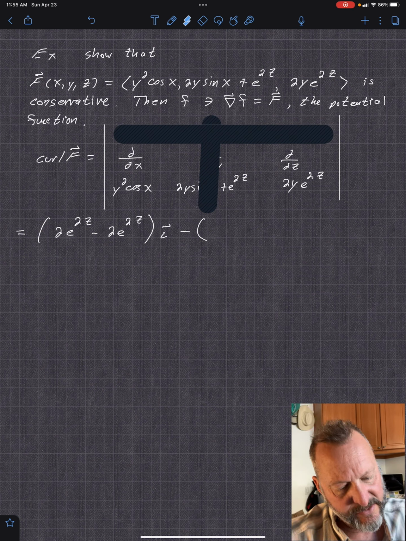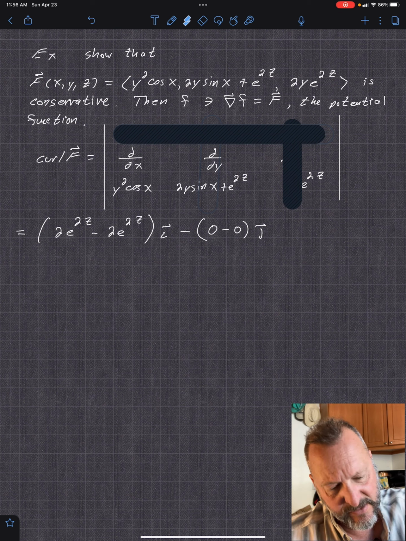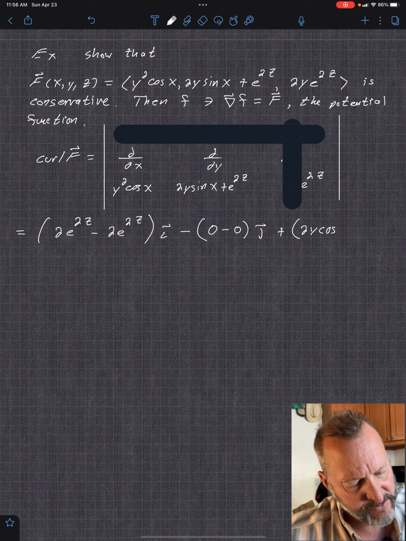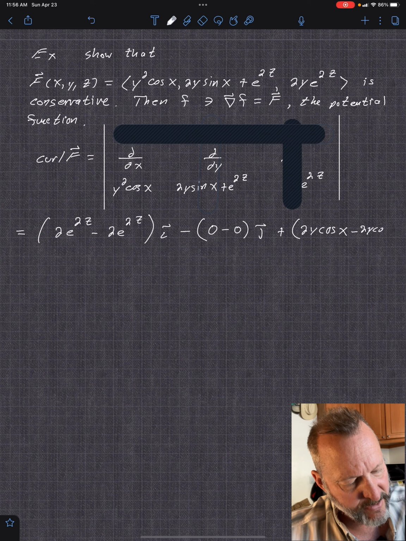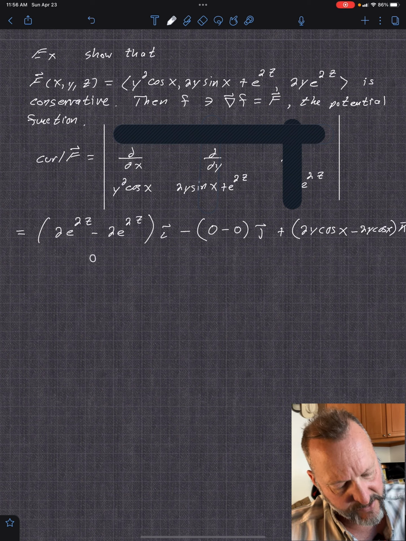And then same idea, cross that one and that one. And for x, that'll be just cosine 2y. So then you get a plus. You get 2y cosine x minus 2y cosine x. Okay, so these are all zeros. 0, 0, 0, which ends up being the 0 vector. Therefore, capital F is conservative,